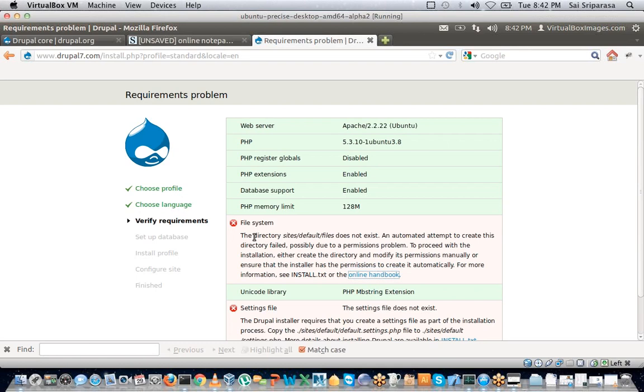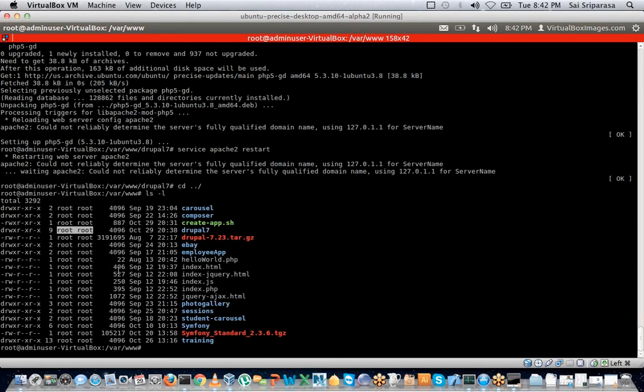In this case, the user is the web server. So for the web server to do what it has to do, we'll have to give the ownership of this folder to the web server. Now, how would we give ownership to a user in Linux?